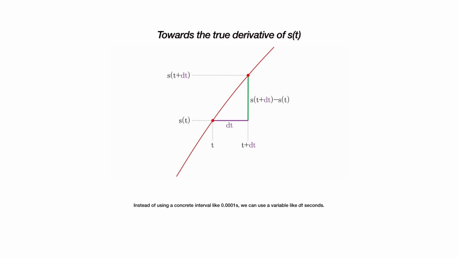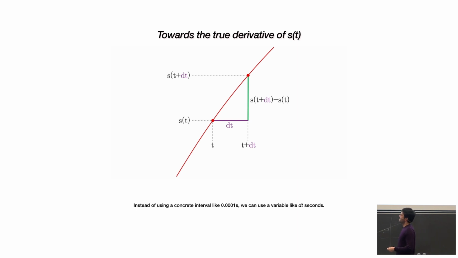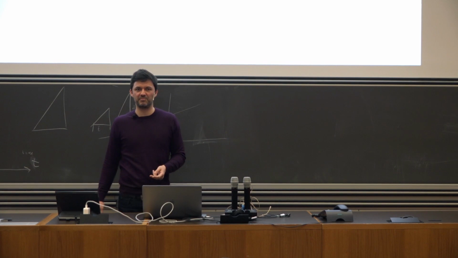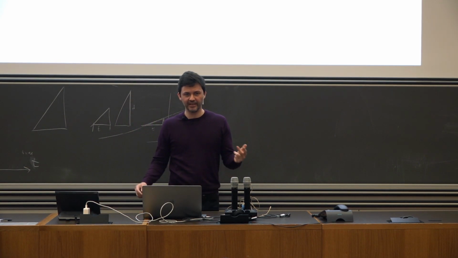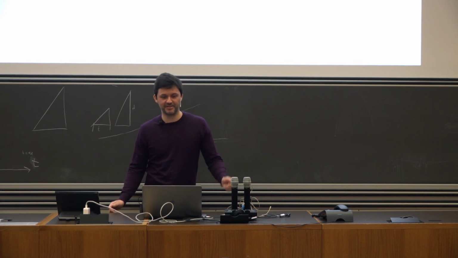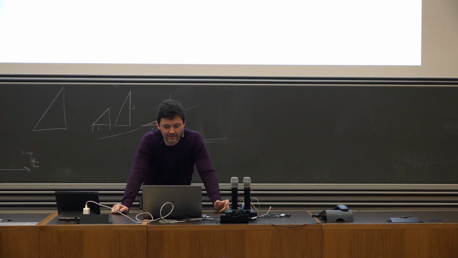For historical reasons, we will indicate this new quantity. If the interval is time, then we will call it dt, d time, yeah? And this indicates this is a kind of special variable. It's not just a normal variable, otherwise it would just be t, yeah? And what is the property of this variable? It is larger than 0, but smaller than any kind of number we can specify. Yeah? So it's virtual, it doesn't exist yet. We're just saying what we want to have.